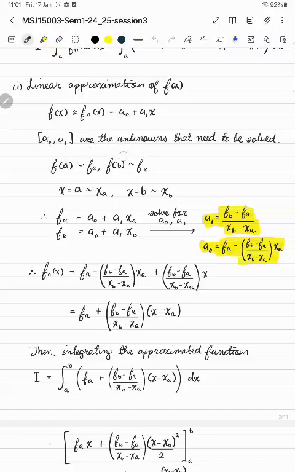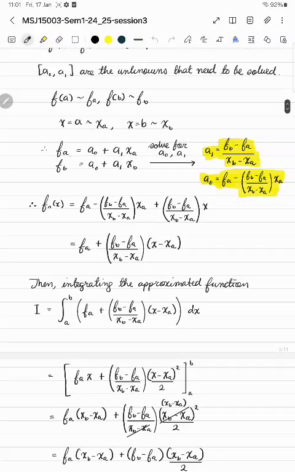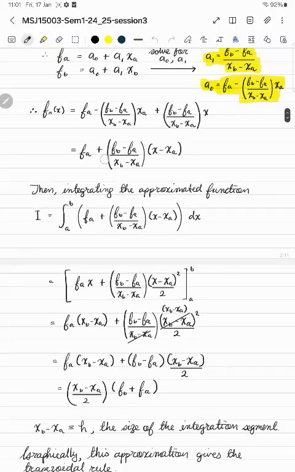If you have two unknowns, you will need two equations to solve them. So in this case you will need the value of f at xa, and also f at xb. When you have these two equations, you can solve them for a0 and a1, which will give you